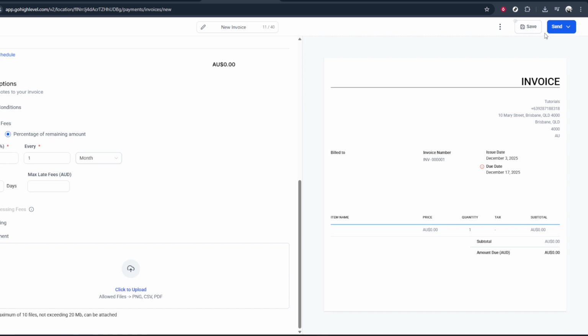When you're happy with all the details, go to the upper right corner of the screen. You'll see options to either save the invoice or send it. If you click Save, the invoice will be stored in your system so you can review or send it later. If you're ready for your client to receive it immediately, choose the